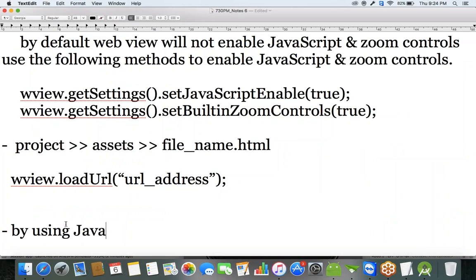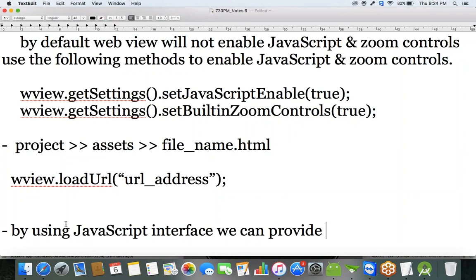By using JavaScript interface, because if you want to configure any events for the HTML UI components, we have to configure the events in JavaScript. I'll repeat once again: if you want to configure any events, like click event or item selected event, for the HTML UI components, we have to write the logic in JavaScript. So now here in Android, by using JavaScript interface,